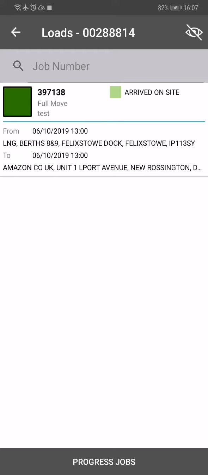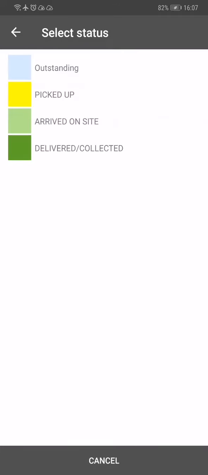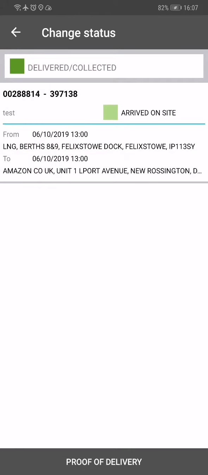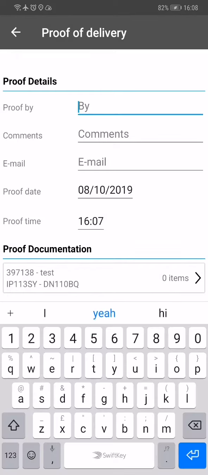Then once you've finished tipping, you go back into the app, tick in the box again, progress the job, tick in the drop down box and hit deliver/collected. Okay, and then the button at the bottom changes to proof of delivery. So this is where we go to get a signature by the customer. So proof by, we ask for their name,